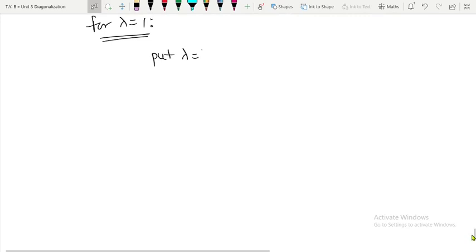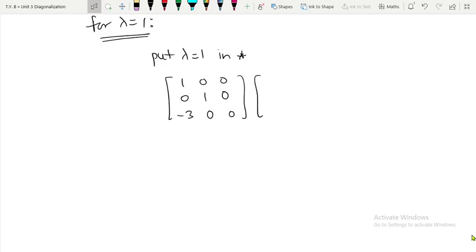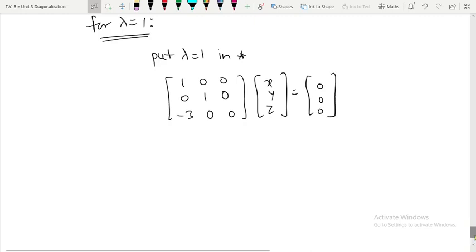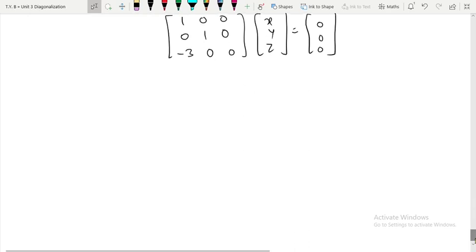So I'll put lambda equal to 1 in star, and if you put lambda equal to 1 in star, you will get the rows 1, 0, 0; 0, 1, 0; minus 3, 0, 0, which is going to be 0. Outside, x, y, z will be equal to 0, 0, and 0. Now I am going to use Cramer's rule for the first and second row. So by Cramer's rule,